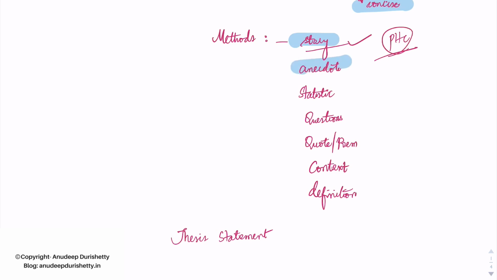Second method can be about narrating an anecdote where you write about a real life incident or a historical anecdote which is relevant to the question. For example, if there is a question on women empowerment or gender justice, you can start with anecdotes such as one with Nirbhaya episode or PV Sindhu's rise to the top of badminton.